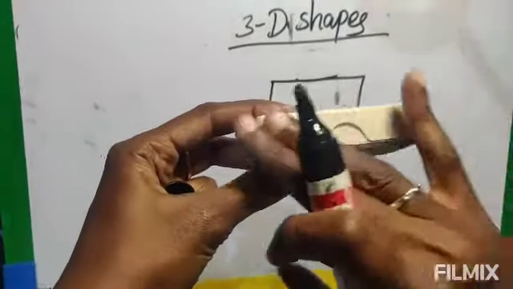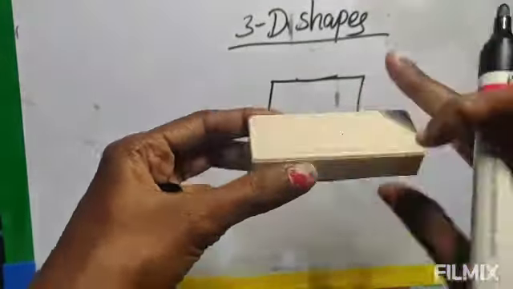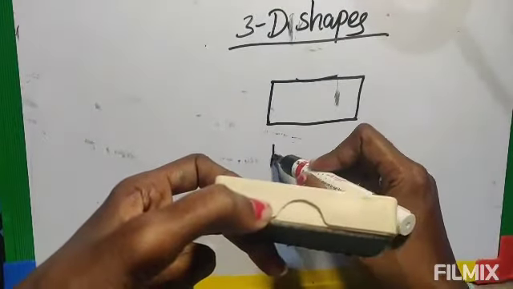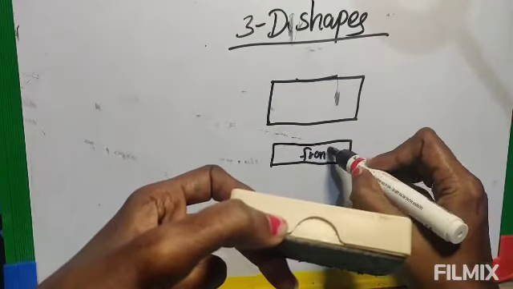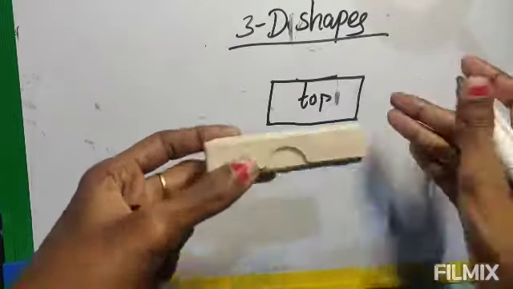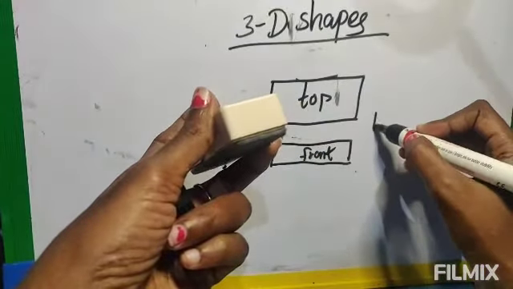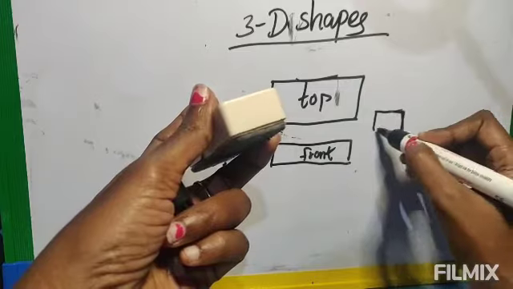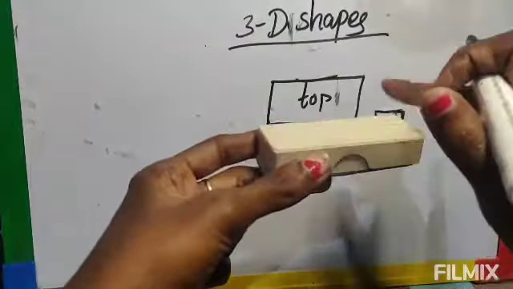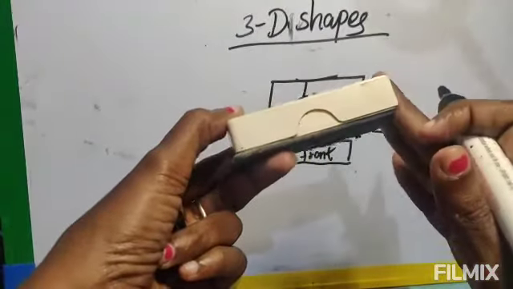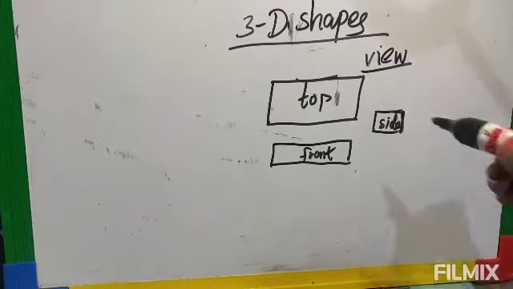Suppose I click a photo from the front side. The front side is also a rectangle, but a little smaller than this one. This is the bigger rectangle, this will be the smaller rectangle. This is the front view, this is the top view. And now suppose sideways you click a photo, this is a little more smaller. This is the side view. So that's all, nothing else. On the top how it looks, in the front how it looks, on the side how it looks, only that we are learning here in this view: top view, front view and side view.